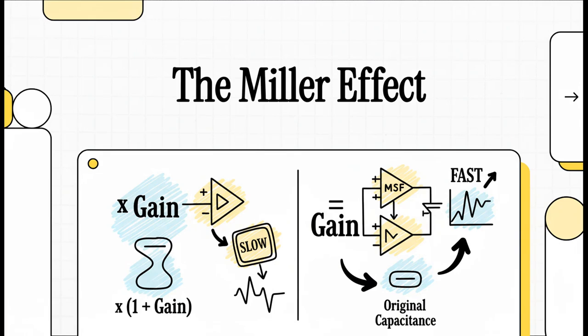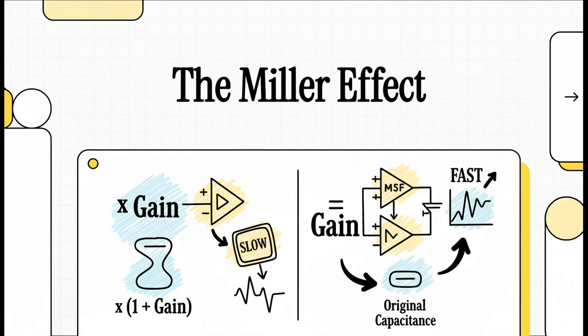Welcome to the Explainer. You know, in every single high-speed electronic device you own, from your phone to a satellite in orbit, there's a hidden speed limit. And no, it's not a software bug, it's a fundamental law of physics. It's called the Miller Effect, and today we're going to dig into why it exists and, even better, how engineers